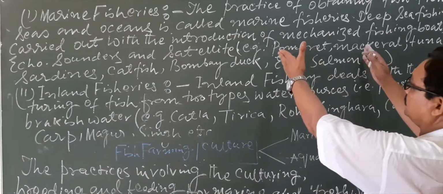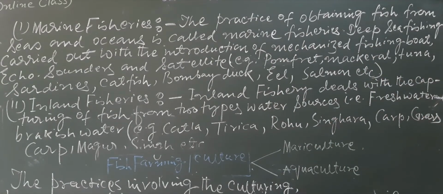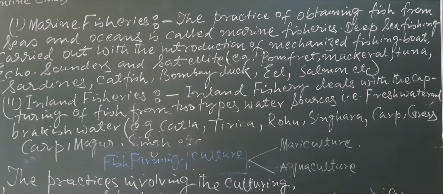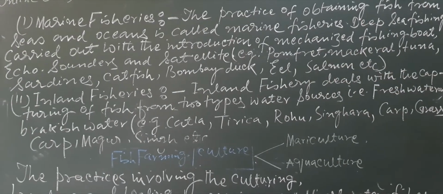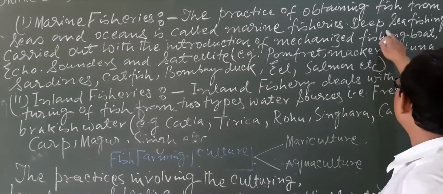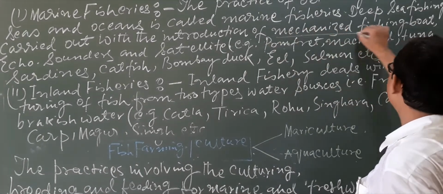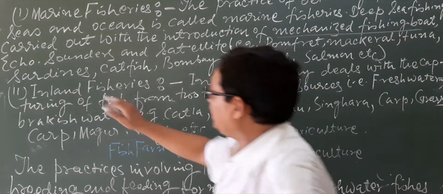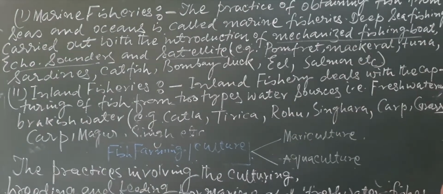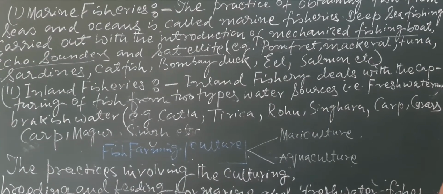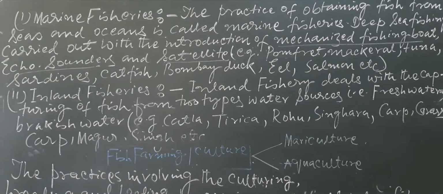When we are talking about the marine, that is the seas and oceans, from where we capture fish, that means fishing is done, the practice of obtaining fish from seas and oceans is called marine fisheries. Deep sea fishing is carried out with the introduction of mechanized fishing boats, echo sounders and satellites, because there is a huge space and within that huge space it is very difficult to locate fish,